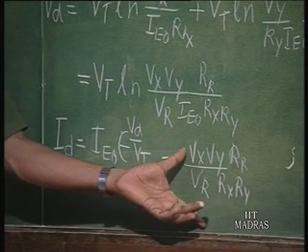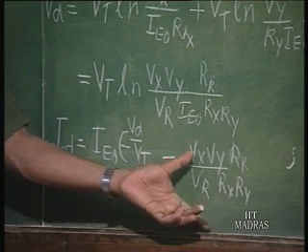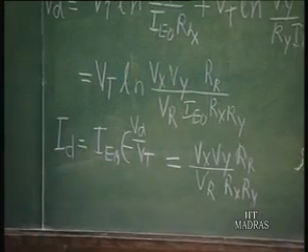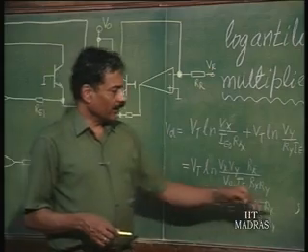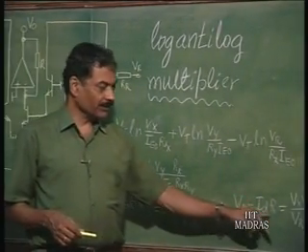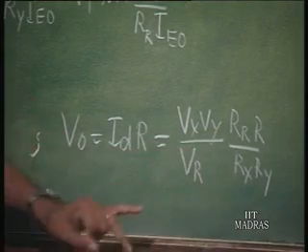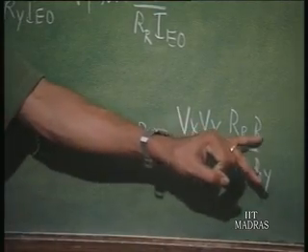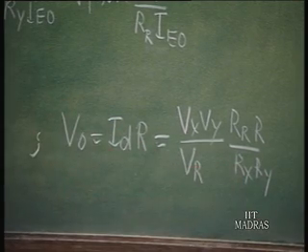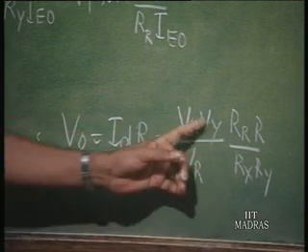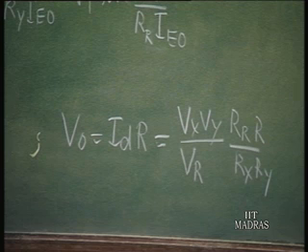This is a very accurate method of getting this multiplier, and this current, when it is made to pass through a resistance, develops a voltage which is V x V y by V r. If I make R x, R y all equal resistors, then we know that this becomes V x V y by V r, and V r can be made equal to 10 volts, and we have